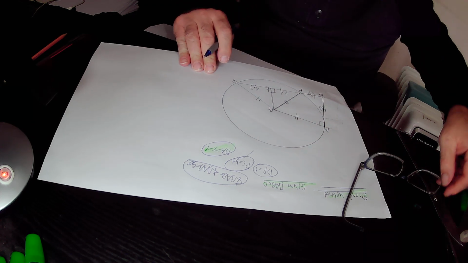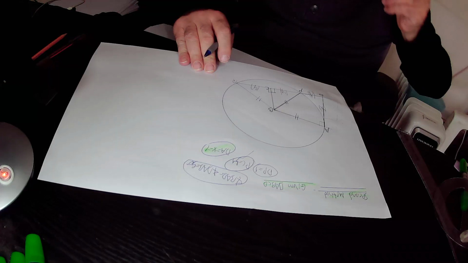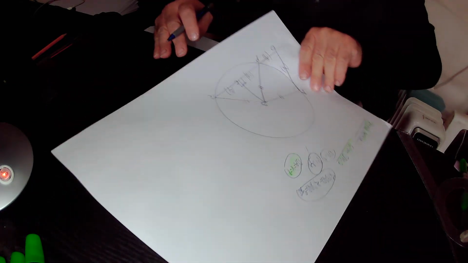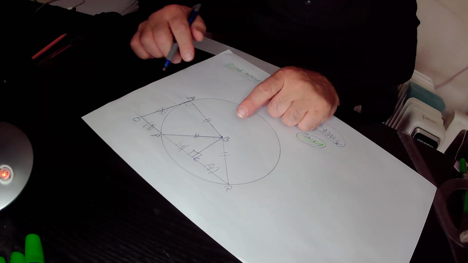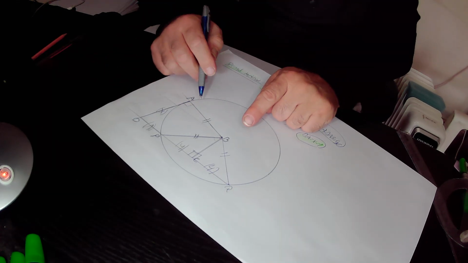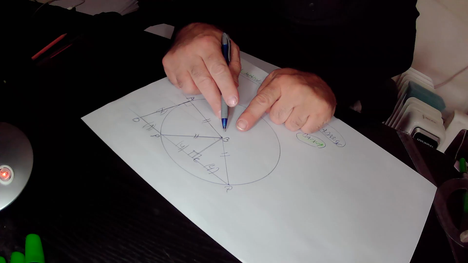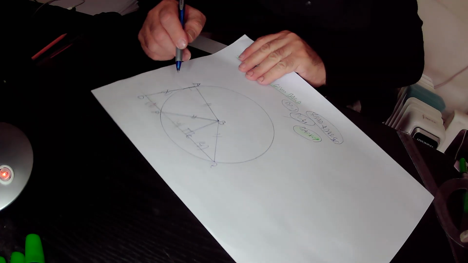Okay, again, we constructed a circle around point B in such a way that point B is the center of the circle and BA is the radius of this circle. So we will define the radius of this circle BA as R,